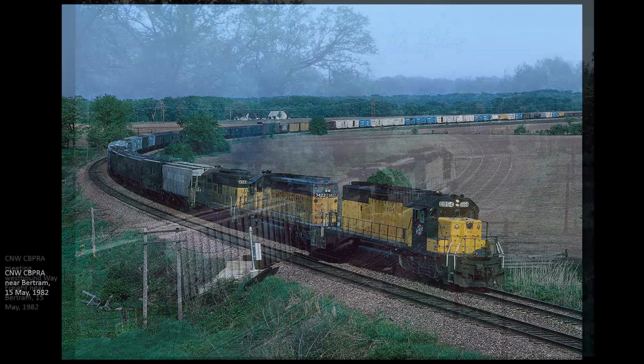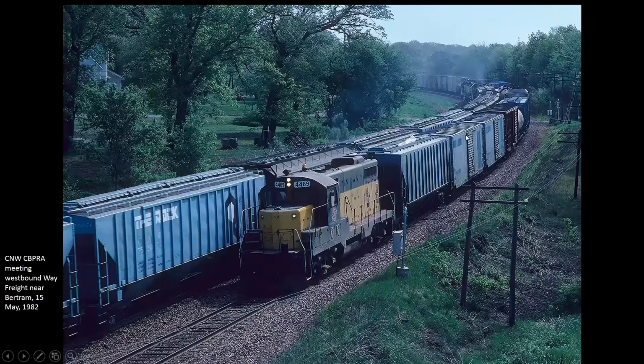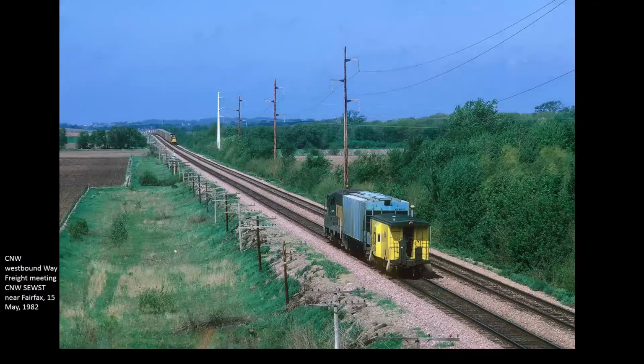And we turn around and the westbound way freight is coming down the hill at Bertram. And his train is mostly former Rock Island equipment. And then he dropped most of it in Beverly, but he continues west here at Fairfax with a single former Rock Island hopper. And then look at how beautiful the track is now, as the 4R funds plus CNW has the cash flow of all that traffic off the UP,